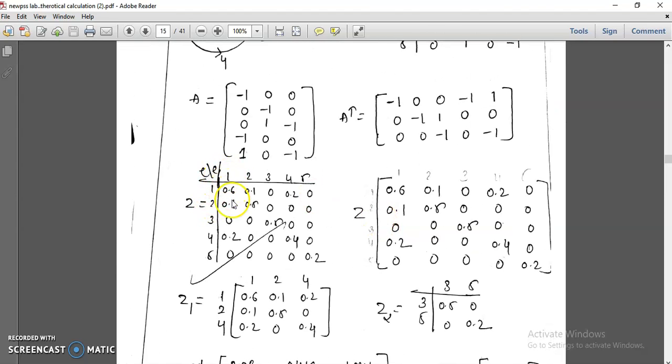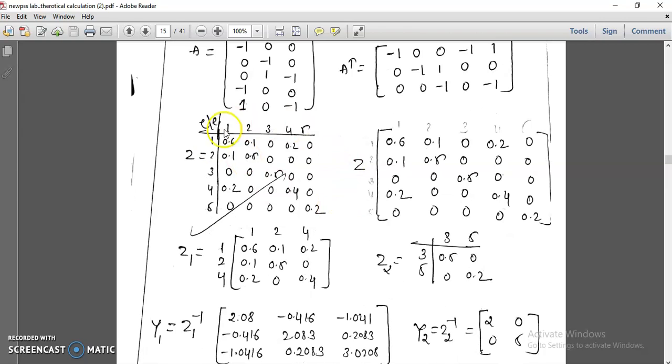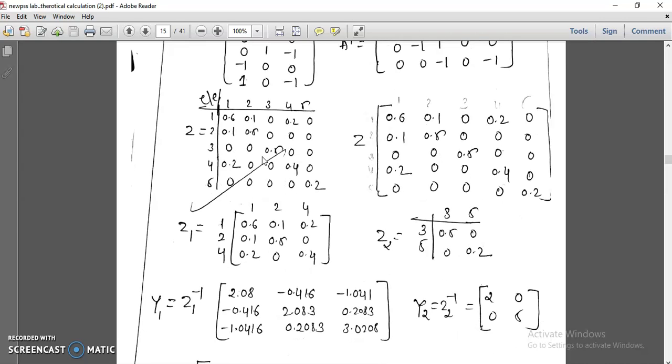This is 2 to 1 and 1 to 2, this one, and 4 to 1, this one, and 1 to 4. This point to this point, this is Z. But this is 5 cross 5. Then how can you find Y? In a calculator it is impossible. Maximum 3 cross 3 you can do. Now you have to divide this matrix into parts that you can easily handle in a calculator, 3 cross 3 and 2 cross 2.